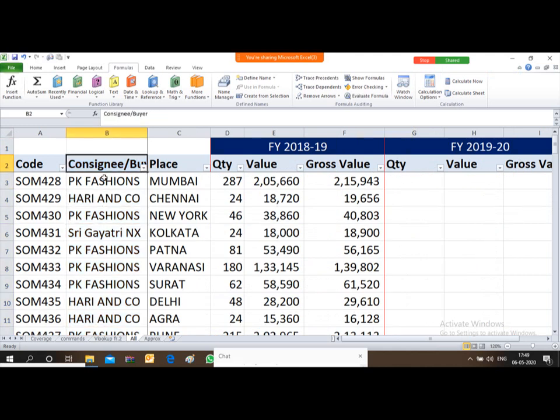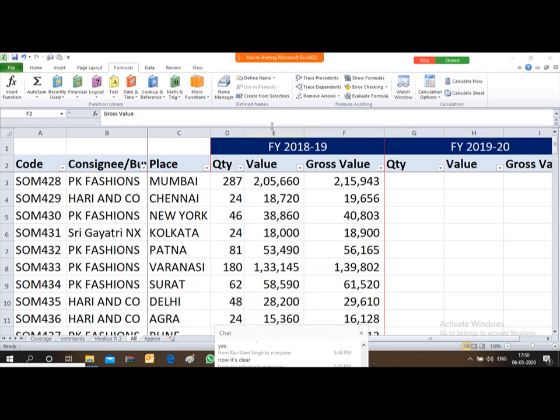VLOOKUP from a different file, friends. In this file, I have different columns. The first column is party code, second column is party name, third column is place of the party, next column is quantity which I have purchased from the party, next column is value for which I have purchased the quantity, and the last column is gross value, that is inclusive of taxes and everything.